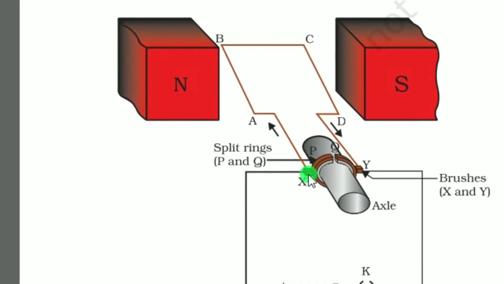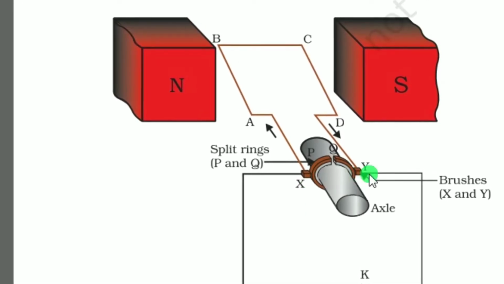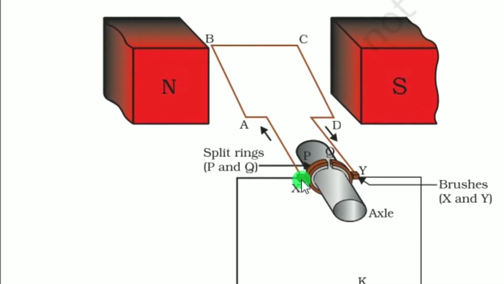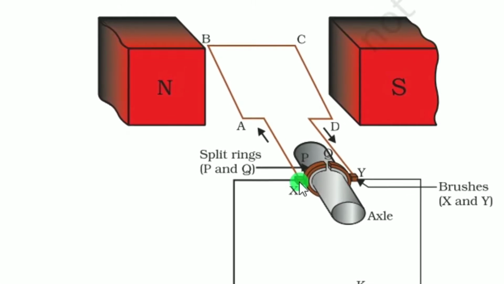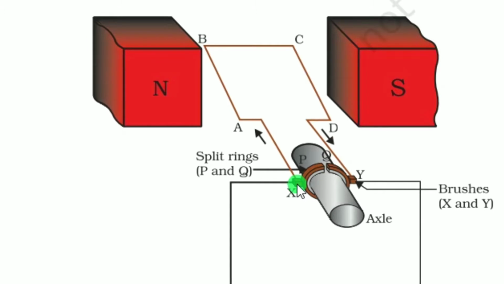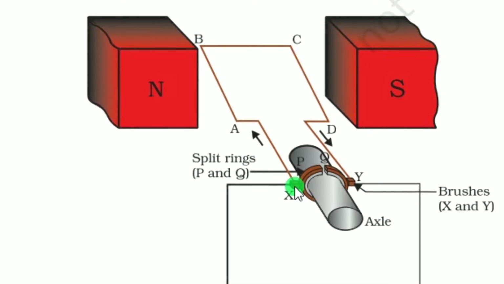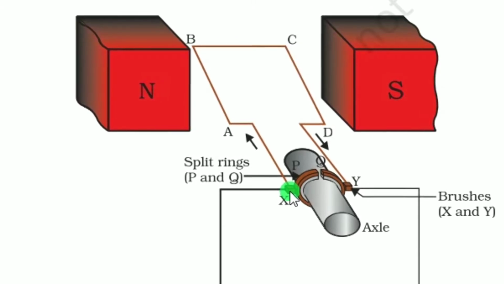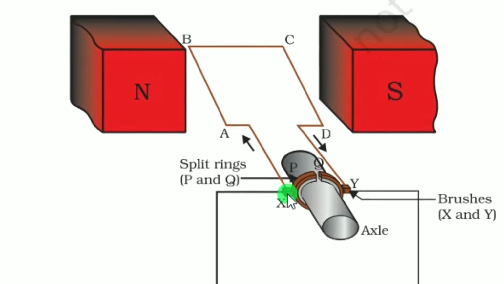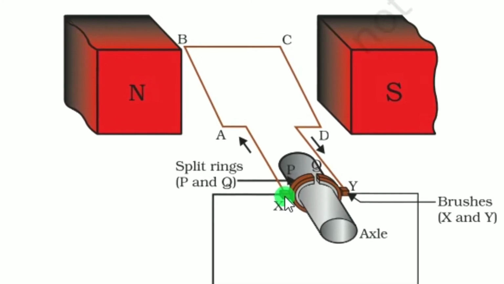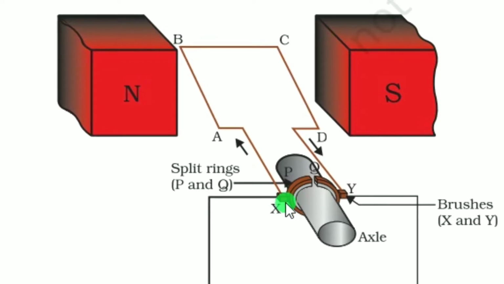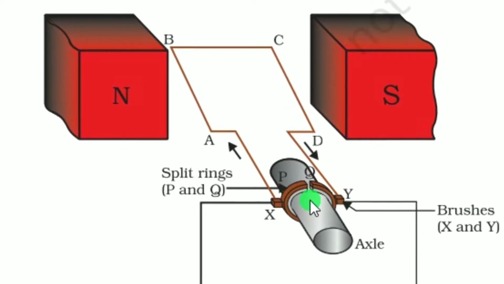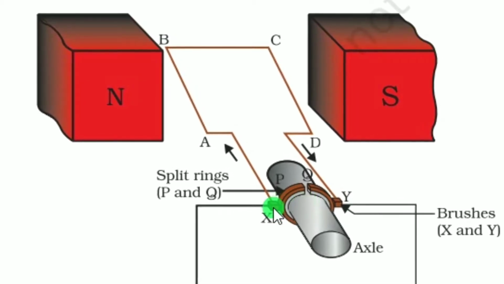Here this is X, this is Y. These X and Y are known as the brushes. These brushes are made up of carbon. Carbon is a non-metal, and it has an interesting property: though it is a non-metal, it can conduct electricity. It also has another property, it is used as a lubricant. Combining these two properties will help us build a motor. Carbon can slip over another metal, and that's why we have used it here.